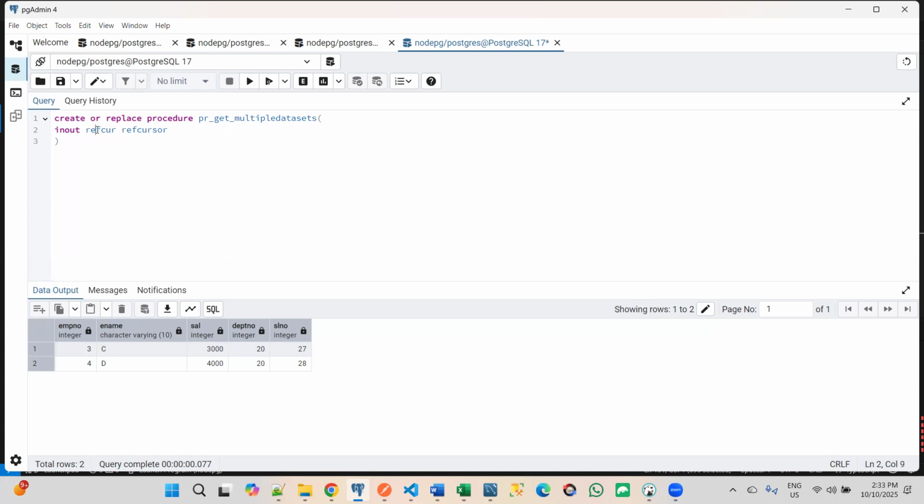So I will use emp_cursor. So one more parameter that is related to department, DEPT related cursor. Okay, so language plpgsql, and as